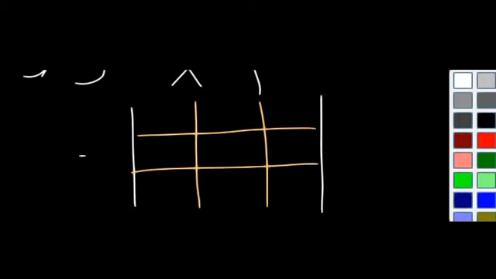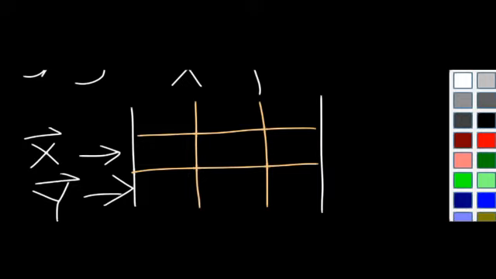So the second row, you're going to put in the components of vector x. In the third row, you're going to put in the components of the y vector, and the